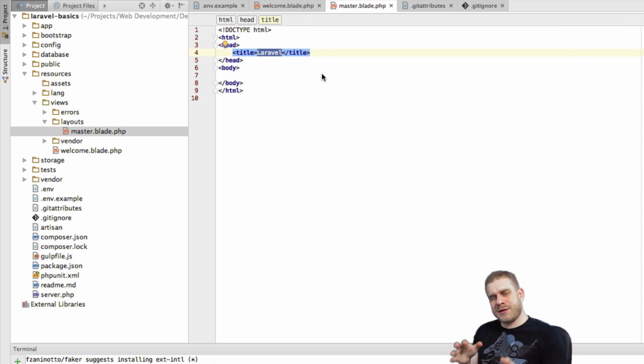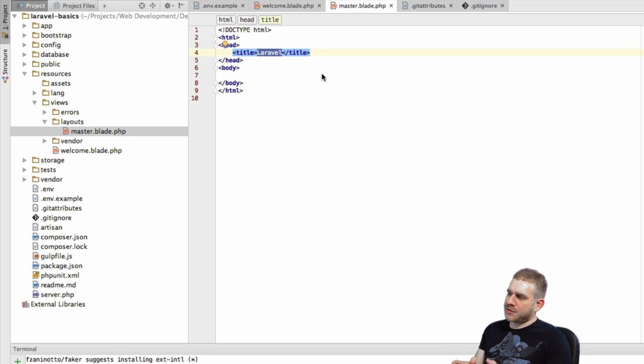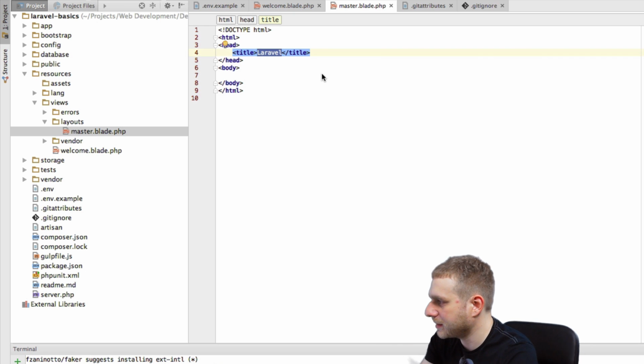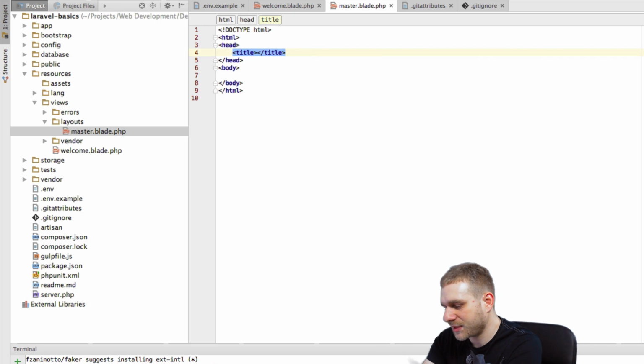It's not really part of the master layout, but it should be inserted by the individual view, right? Because we will have a different title in the please sign up document and a different title in that are all posts document. So therefore, we kind of have to provide a hook in the skeleton here. And we will use a Blade templating function, so to say, or expression,